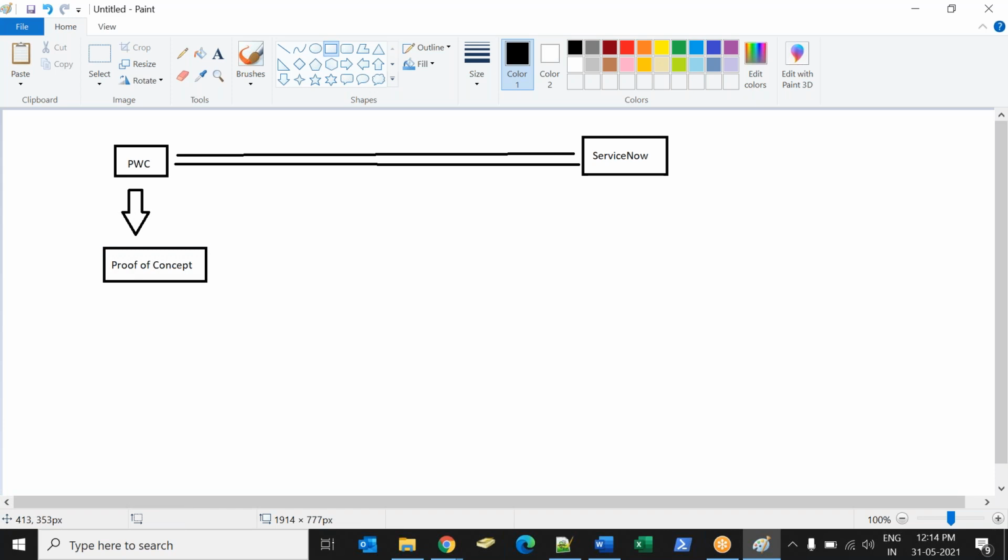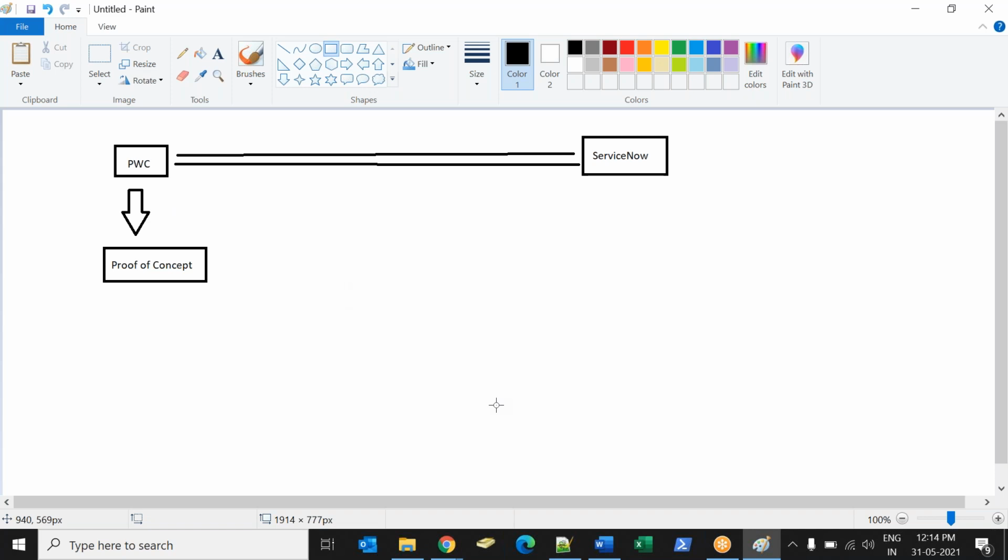So they will say, okay, let me install the solution, let me configure the solution and test it on our own. Once the test is successful, then PwC will purchase